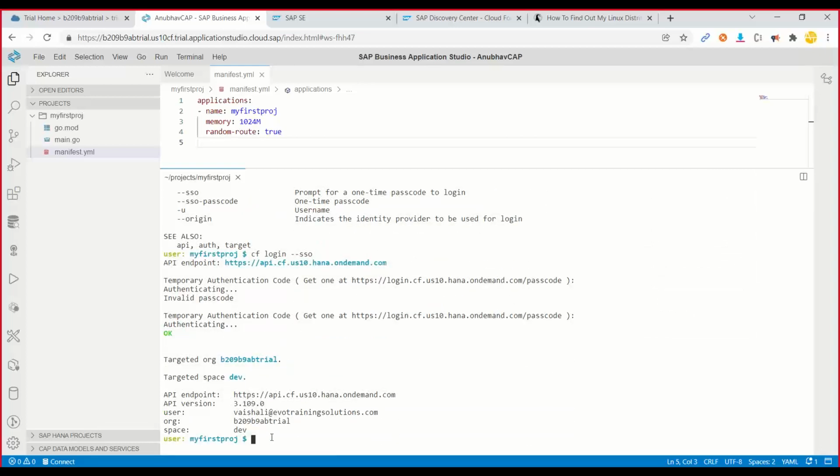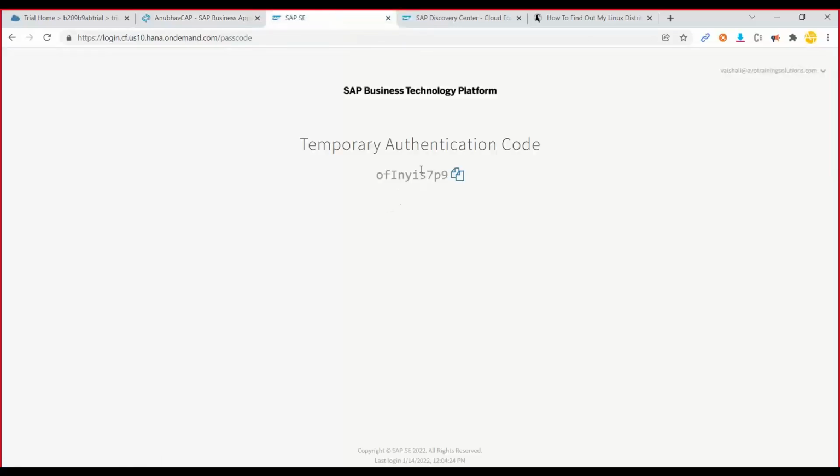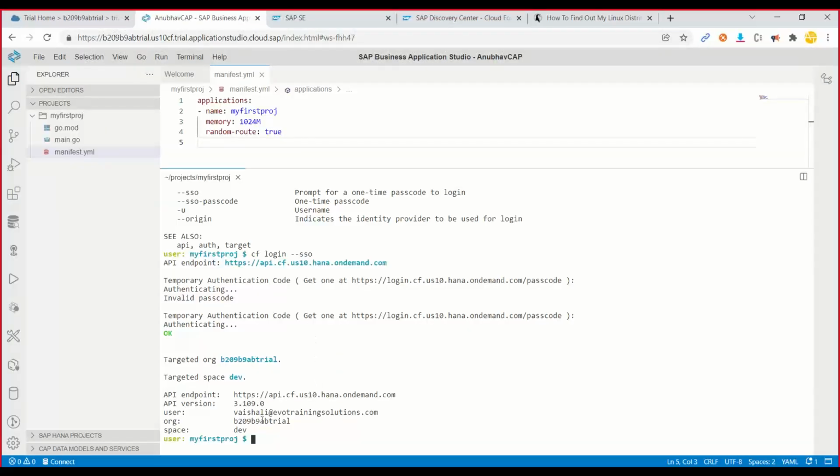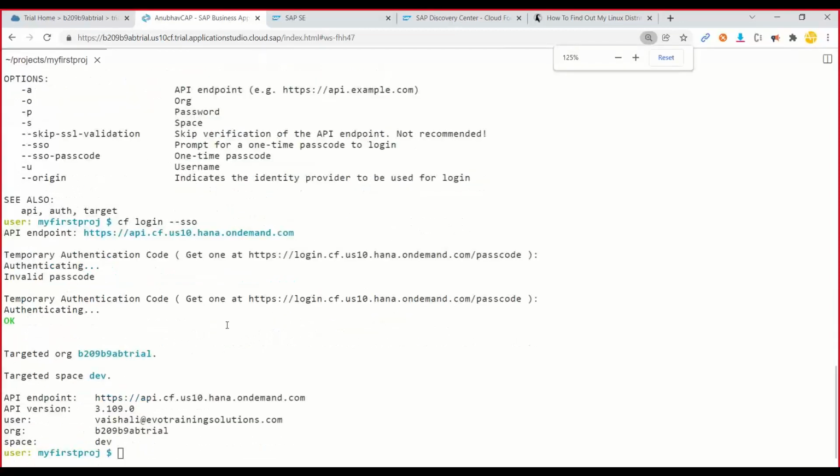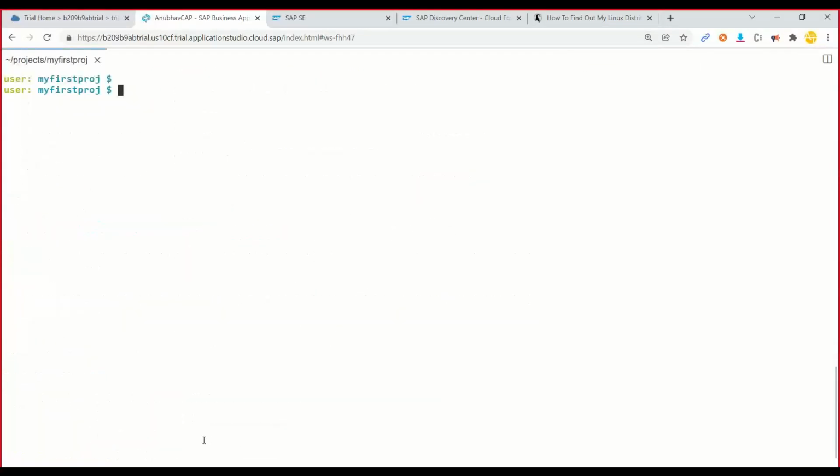So if it doesn't work with user ID password, you can open this URL, authenticate on a browser window, give you the code. That code you can enter, it will log in. Now it has logged in, it is connected to Cloud Foundry. So what I want to see, I want to first see what are all the runtimes which my Cloud Foundry account has. Okay, you can clear the console, and now you say CF space runtime